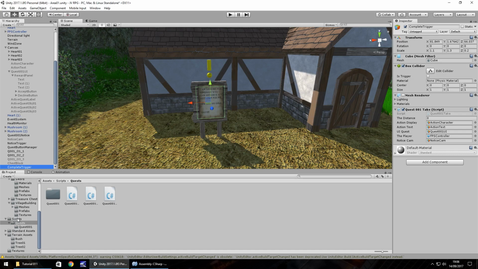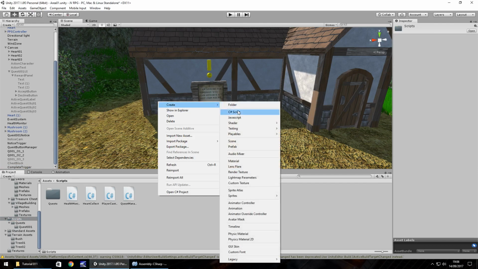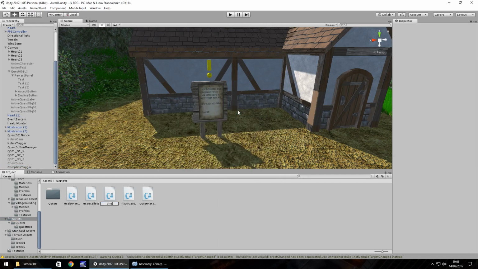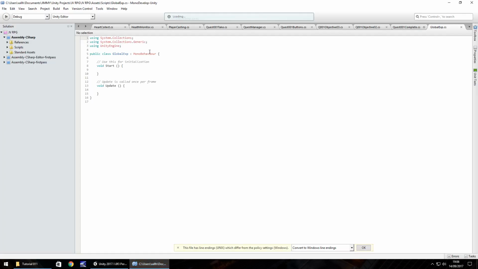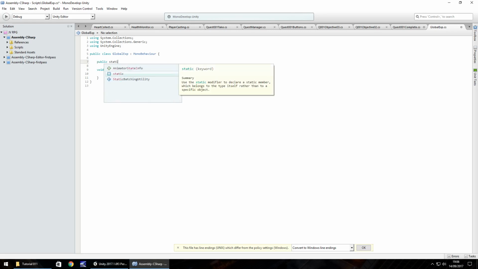To do that, we need to create a global experience script. So let's quickly head back to Unity, into the scripts folder, right click, create C# script. Let's call it GlobalEXP, and open that one up. Let's get rid of void Start and any notes. We don't need them right now. So we're going to have two variables. The first one is going to be a static variable: public static int currentEXP;